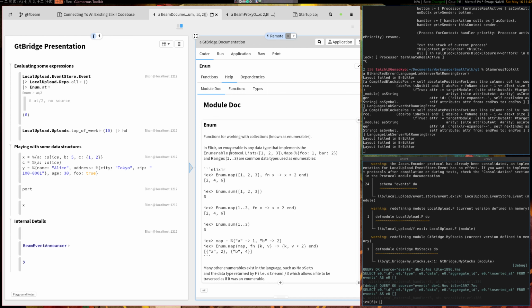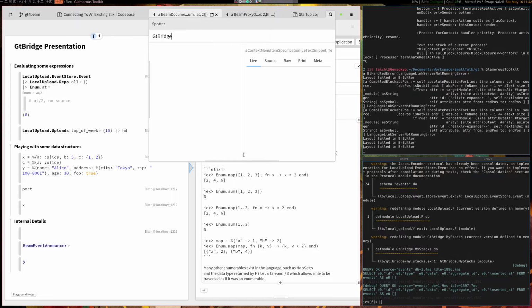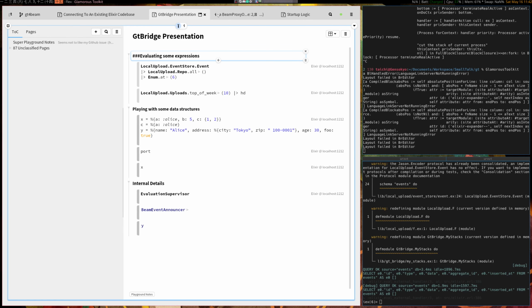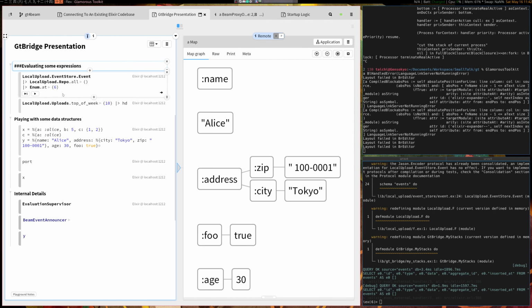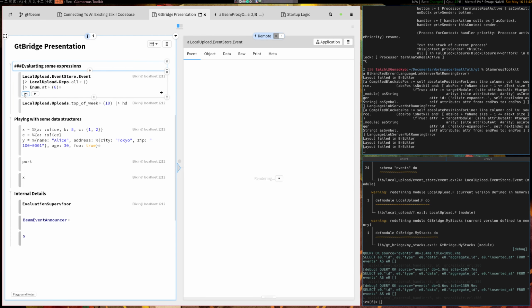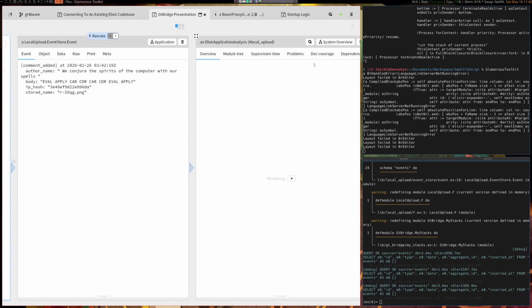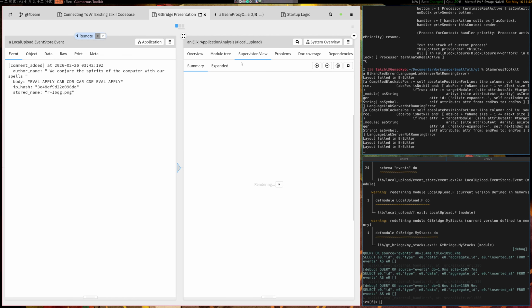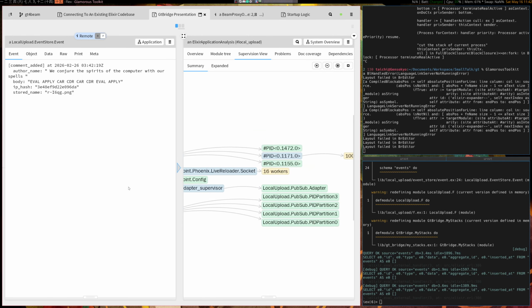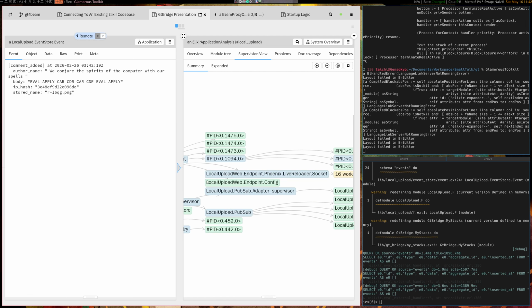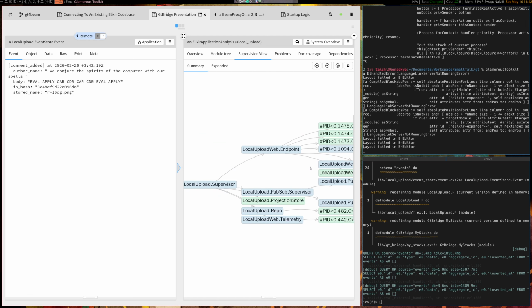So I think there's a lot of really cool stuff that you can do, which I believe is very neat. GT Bridge presentation. Let's go back to a new page. Great. So yeah, we can do a lot of things. We can evaluate stuff. We can look at our application, and we can start looking at software that we care about. And I think this is probably the biggest win, which is that we can really start to inspect our systems. Because although I like Observer, and for example, this view right here is taken directly from Observer,